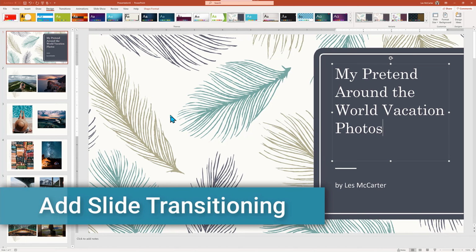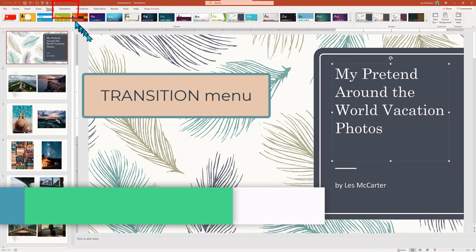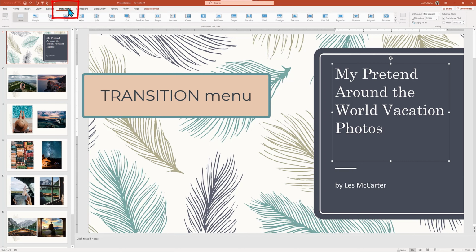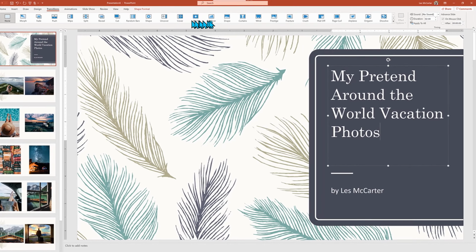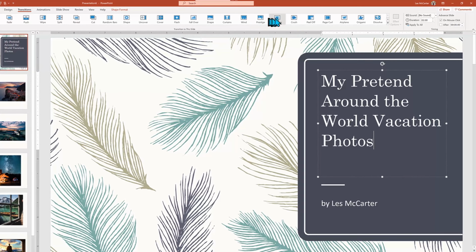We're not done yet. We need to add the classy look of slide transitions. Let me go to the ribbon menu tab called Transition. A slide transition is the special effect that happens when your slideshow goes from slide to slide. I'm going to choose Dissolve, and when I click on it, it's going to give us a preview on our